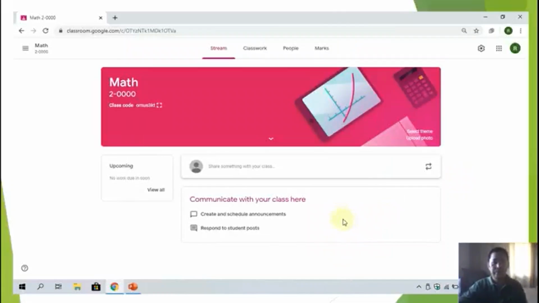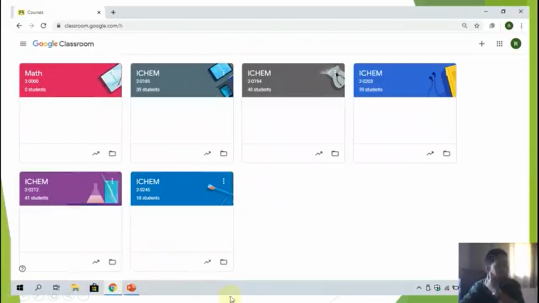Then if you click this, so this is the one you had created a while ago, this class, mathematics or math. So if you click this, you can see this.